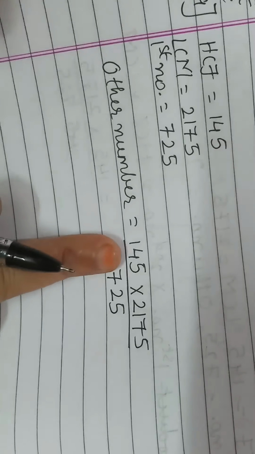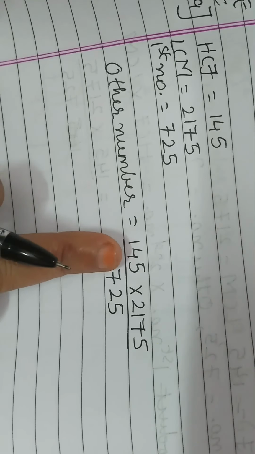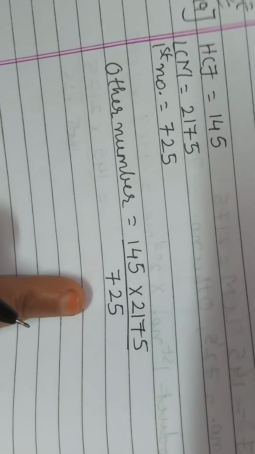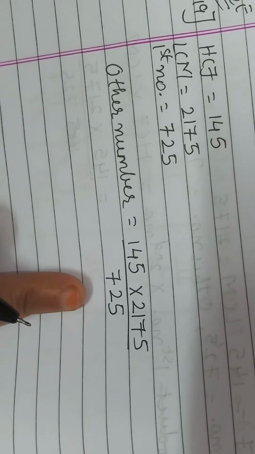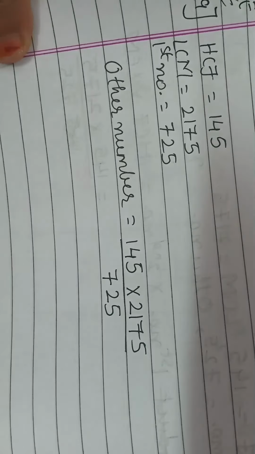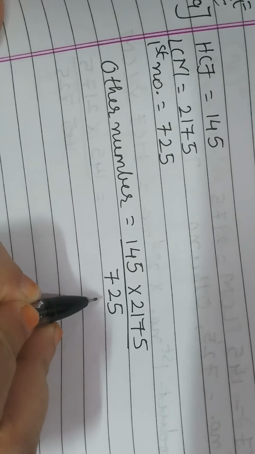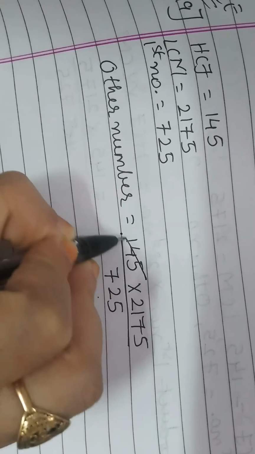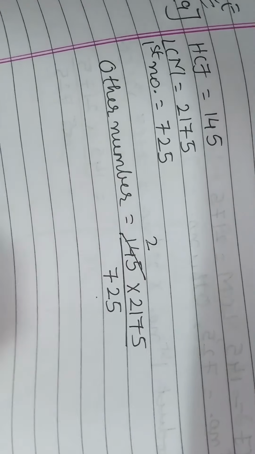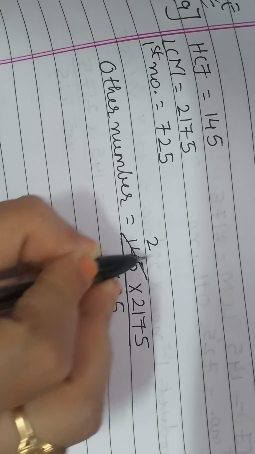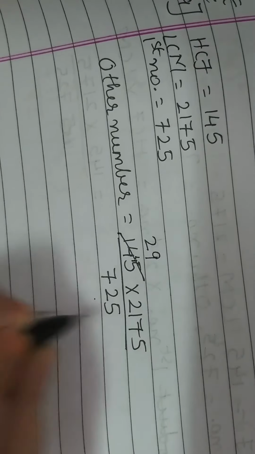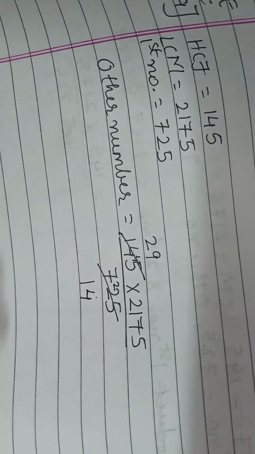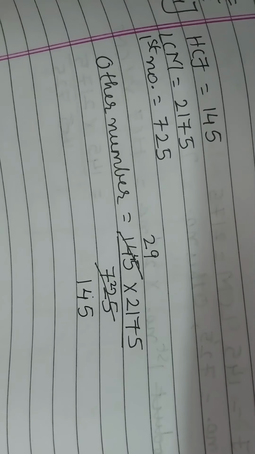Now when you see these numbers you will find that the last digit is 5. That means it is going to divide in the table of 5. So first of all I will take 725 and 145. Is it going in the table of 5? Yes. 5 twos are 10, 4 will be your remainder, so 5 nines are 45. Again 5 ones are 5, 6, 7, so 5 fours are 20 and 5 fives are 25.